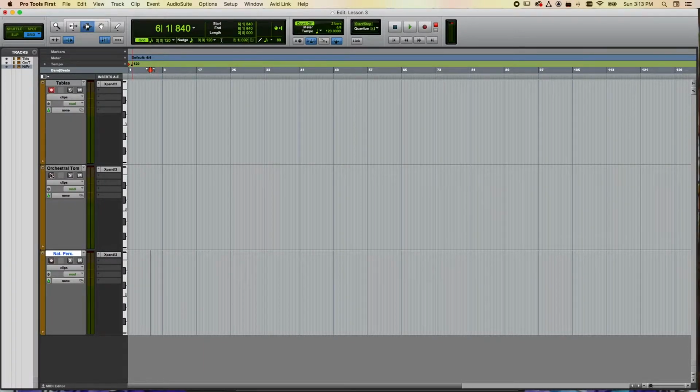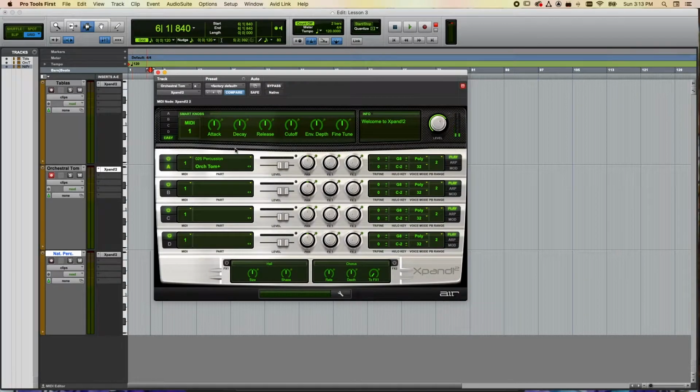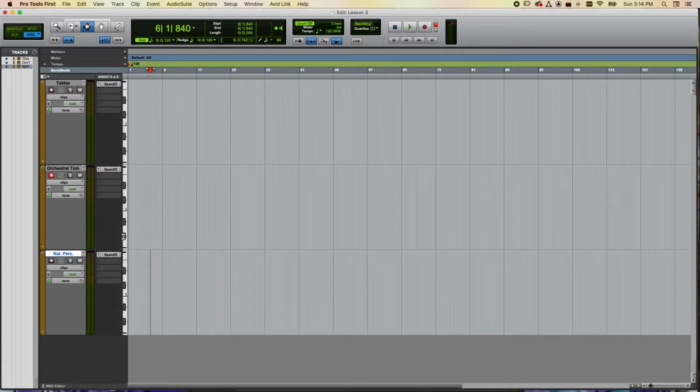In this track below, the orchestral tom, this is a tom, a drum. So you can hear that the pitch actually is slowly going up as I'm going up on a keyboard. So it's almost like a piano sound or a clarinet sound where we have one sound that's going from low to high. And if we look down at this track down here,